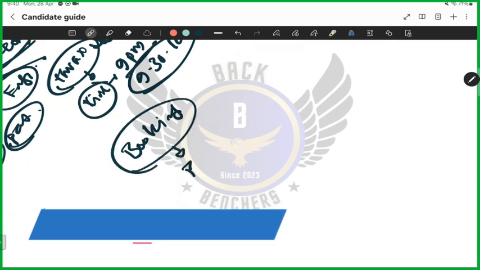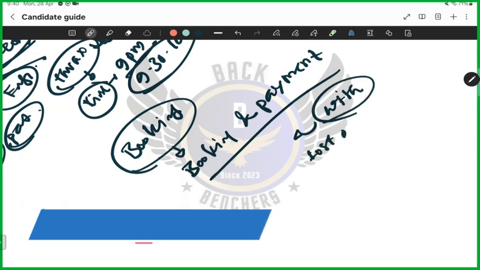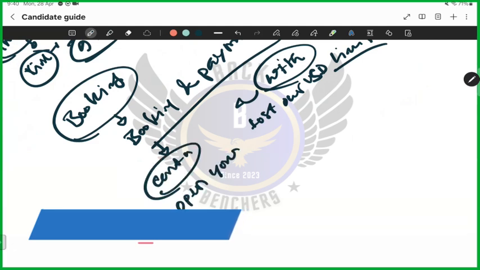For booking, we have our booking wing too, booking and payment. But we had some problems. What are the problems? A lot of people booked with us, then they withdrew the exam. And what happened? We lost our US dollar limit, and we don't really charge anything for it. For our candidates, we book the exam. Now, for booking and payment, you can contact us, we can help open your account, but you have to use your own card for payment.